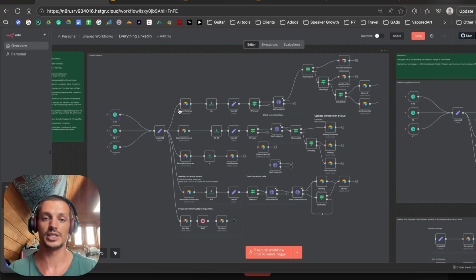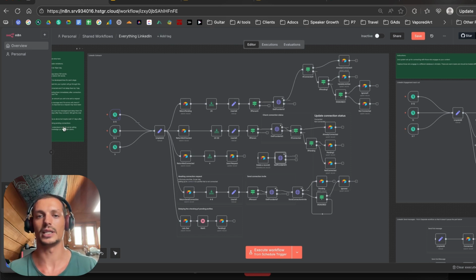you can then obviously start on the outreach aspect. And this is probably the most complicated part of the system, and it has gone through a few revisions, mainly because there is a lot of complexity in doing this at scale. It's pretty straightforward if you're only doing 20 people, 100 people, but if you're doing thousands of people and you don't want to have to keep on going in and checking it all the time, then there are things that